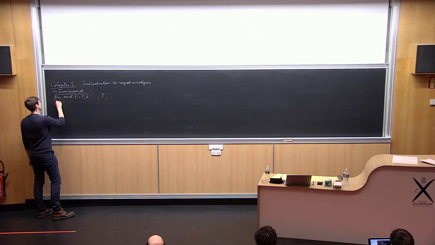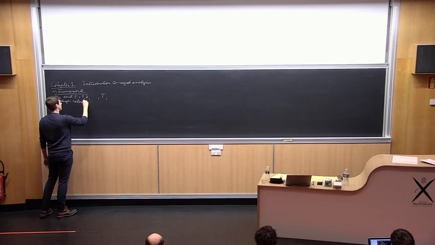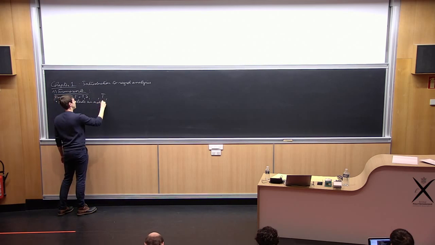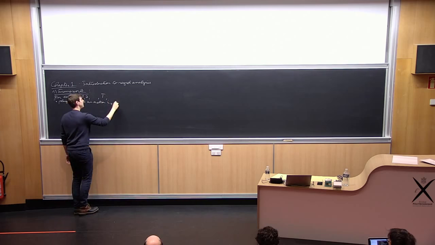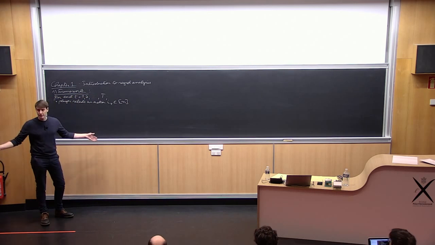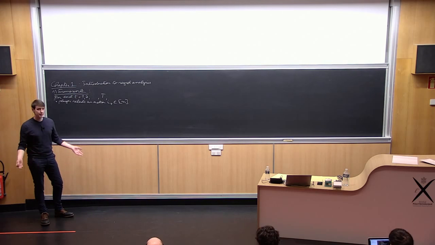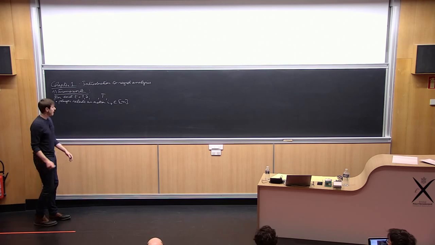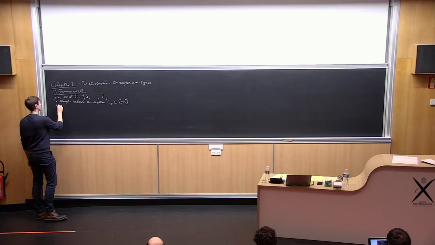So at each time step, the player selects an action I sub t in 1 to n. Okay, so we have little n actions that we can play, and at every time step we have to choose one of them. And simultaneously,